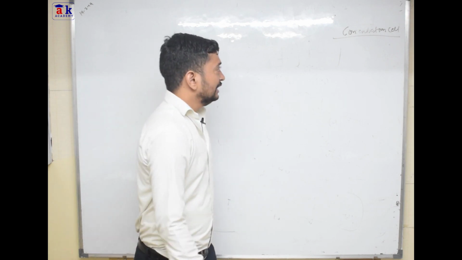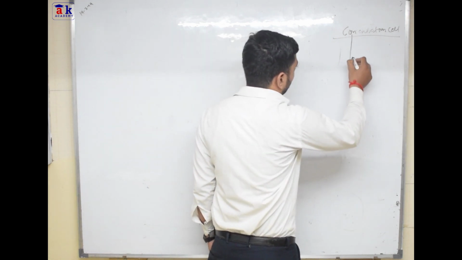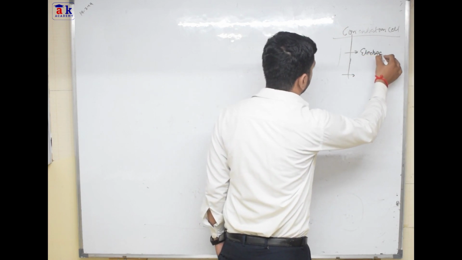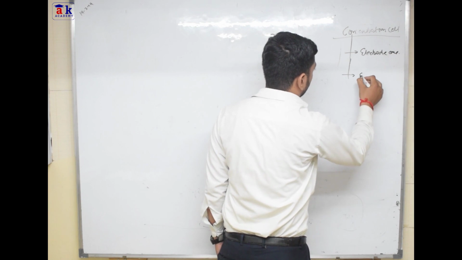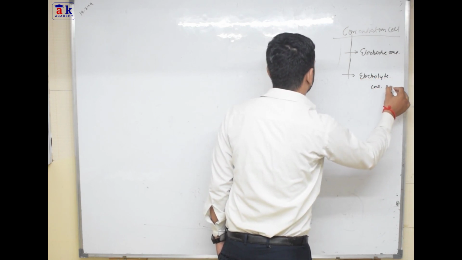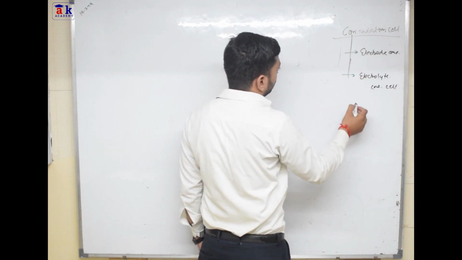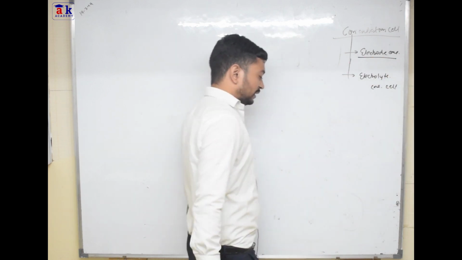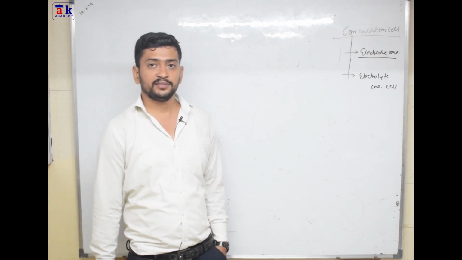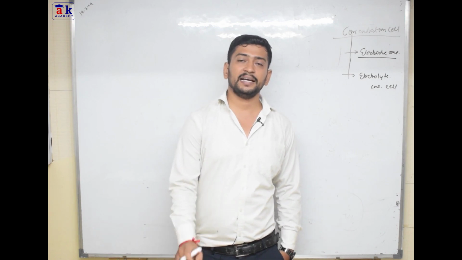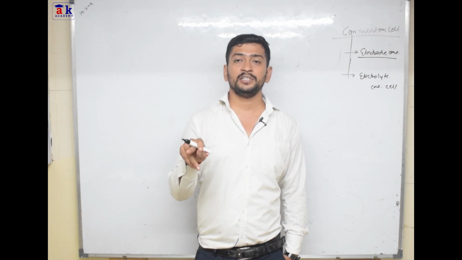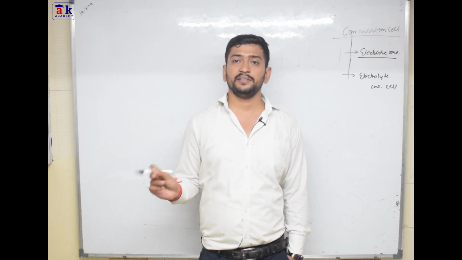Now let's understand. So what happens in the concentration cell? There are two types of concentration cell basically. The first one is the electrode concentration cell and the second one is the electrolyte concentration cell, right? So in the electrode concentration cell, what happens? There will be two electrodes of the same metal or whatever gas you consider. There will be two electrodes, and the composition in both the electrodes will be the same, but their concentration would